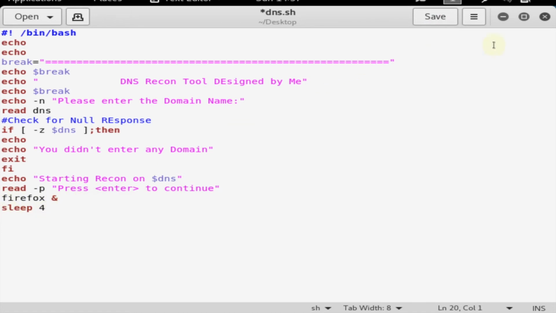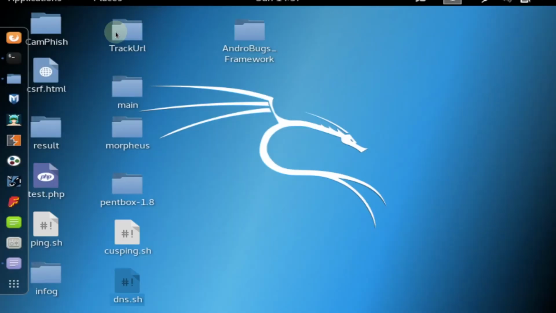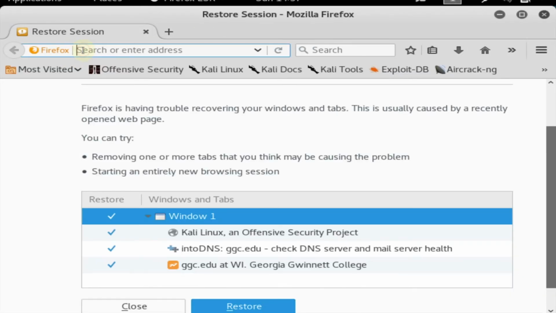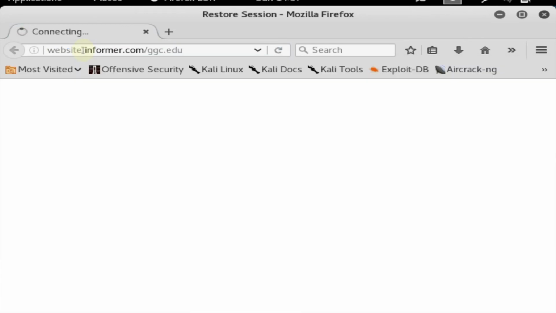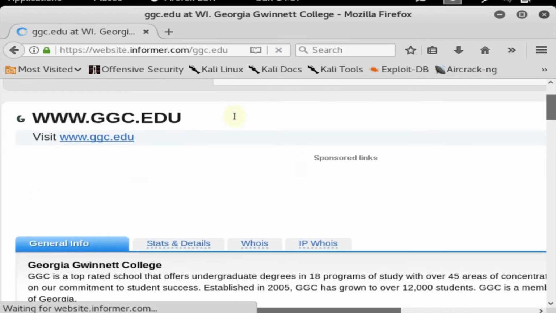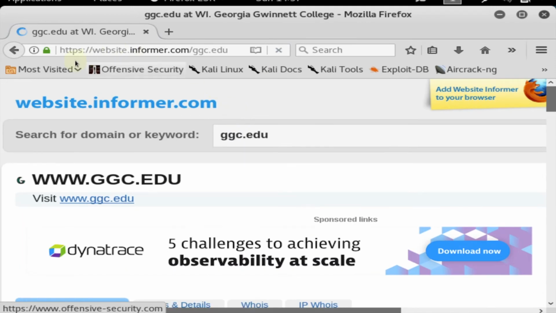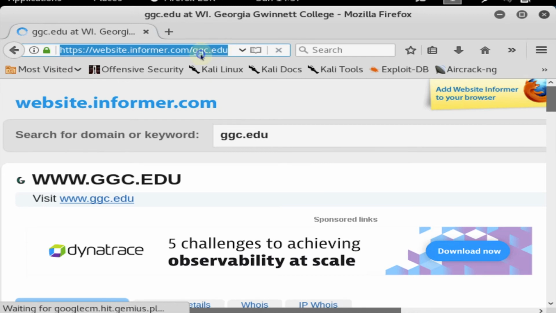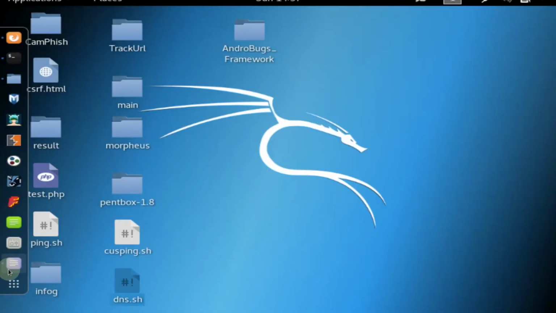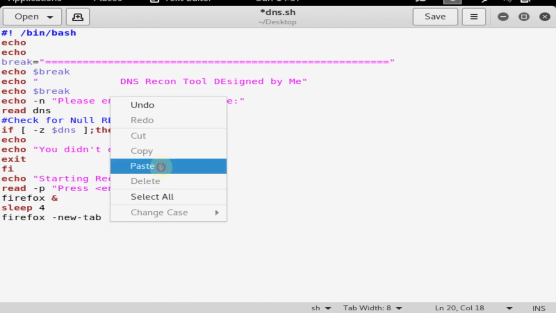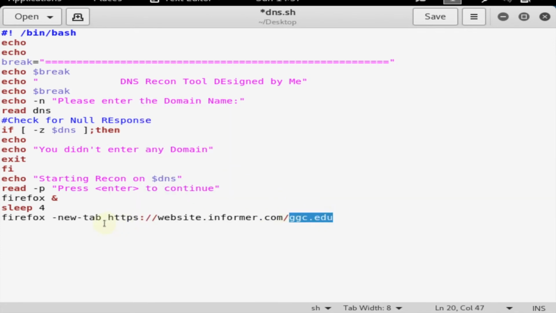And then let me get the location. Firefox in a new tab, and let's say the website is website.informer.com. Let's say ggc.edu. If you see dot here, it will directly redirect to ggc.edu. This is basically the format. So let me right click here, copy, and paste down here. Now instead of ggc.edu, I want the user to visit this particular link or redirect the user to this link,